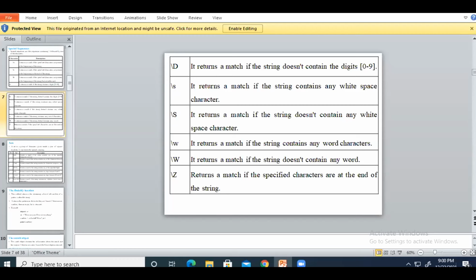Anyone done? All of you try the \Z operation.